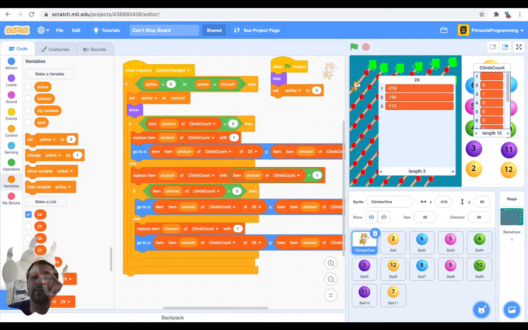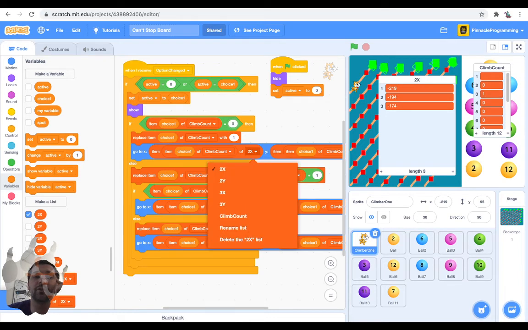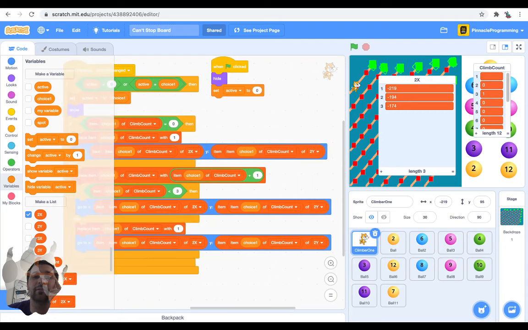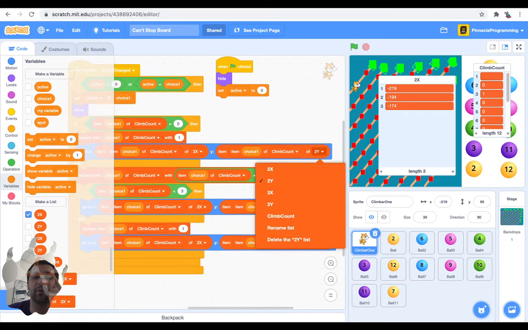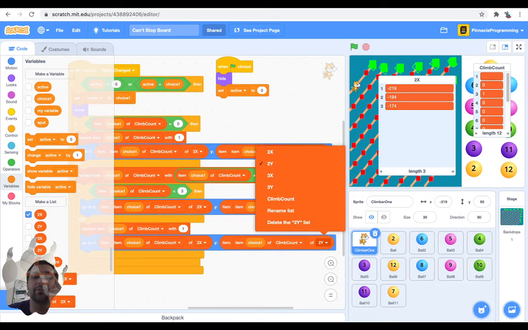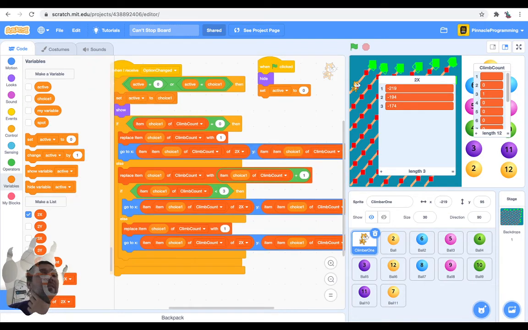Even though that says 1. Which is weird, and I think it's because right here this value is 2x, and this is 2y, and this is 2x, and this is 2y, and so we're going to need a way to pick a different list depending on what choice we get,